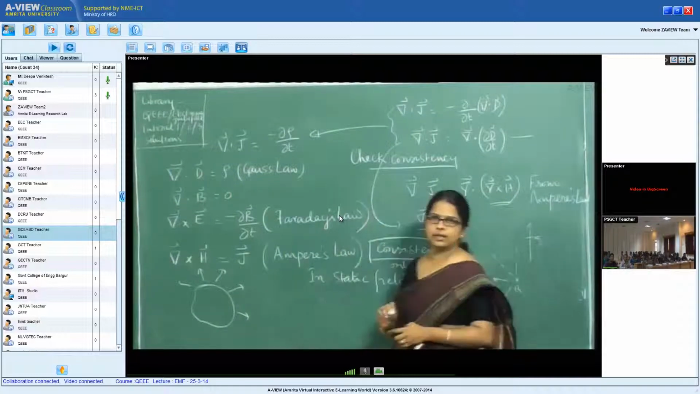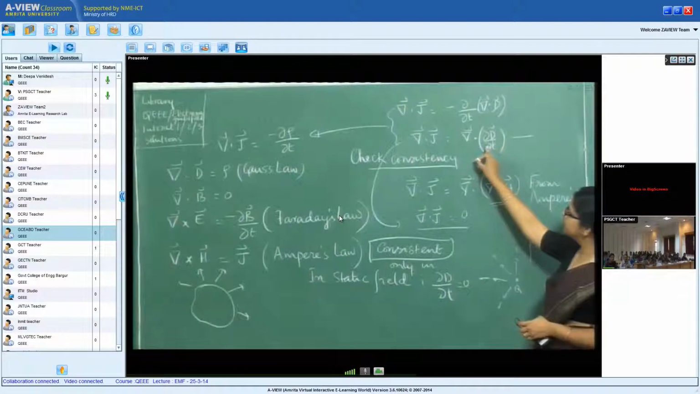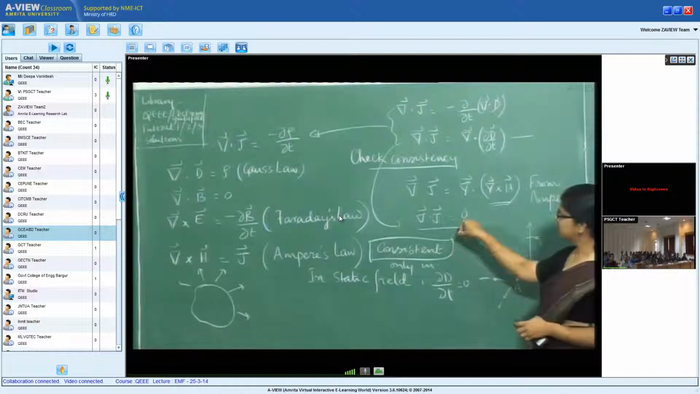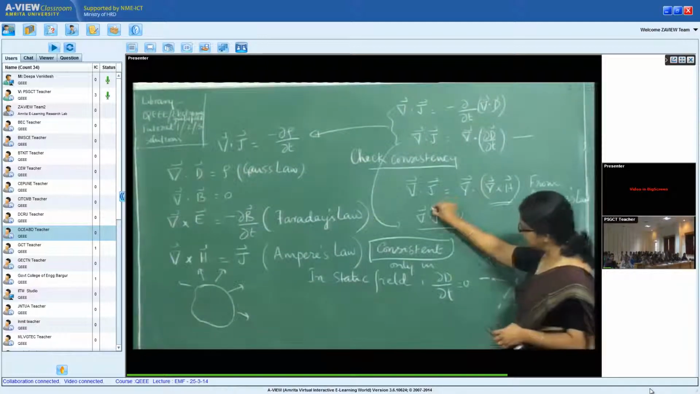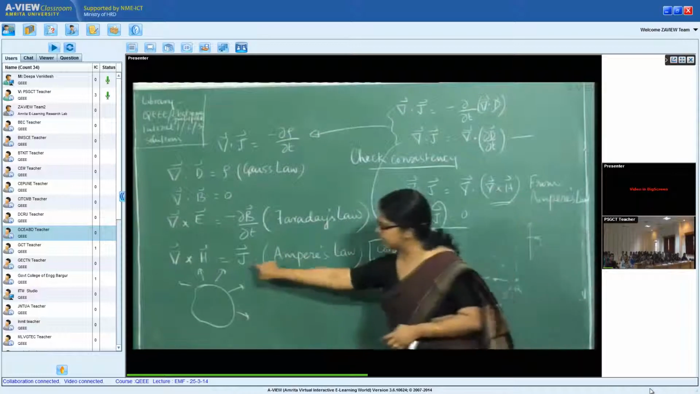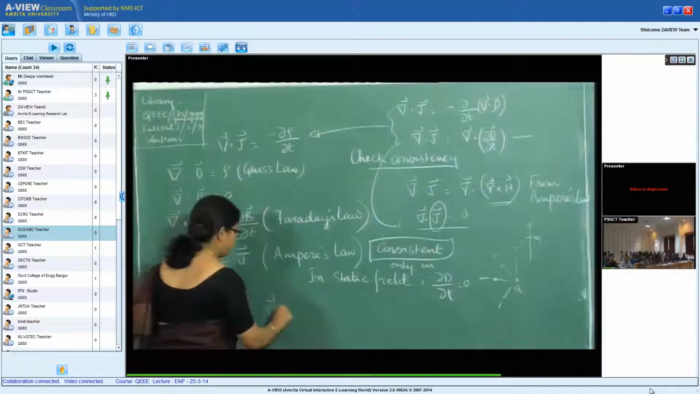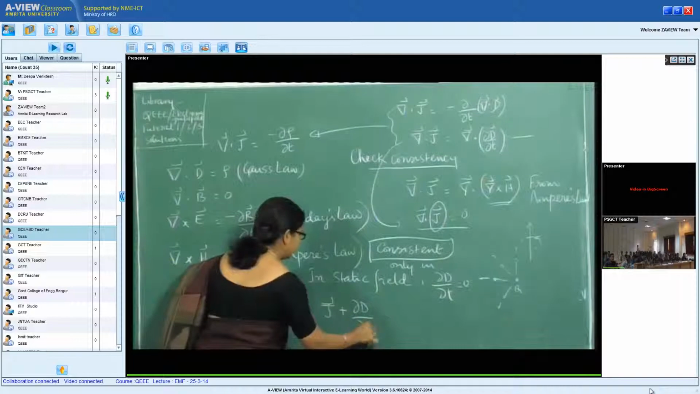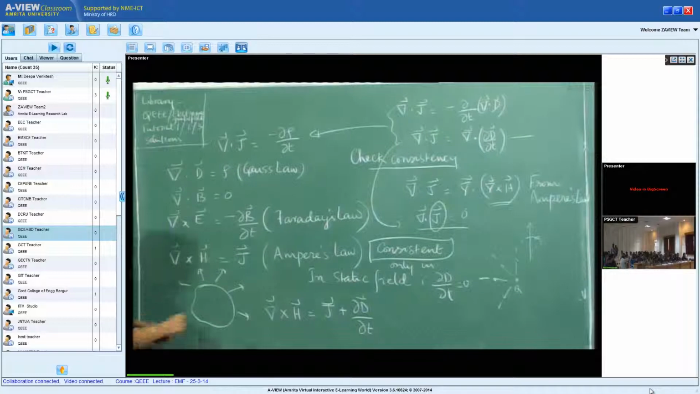And how did he fix the inconsistency? Ampere's law has to be true. So when can that be true? It can be true only when the right side, this is definitely true because this comes from vector calculus, is modified. So if I modify curl of H as J plus del D by del T, if I were to modify Ampere's law by this,